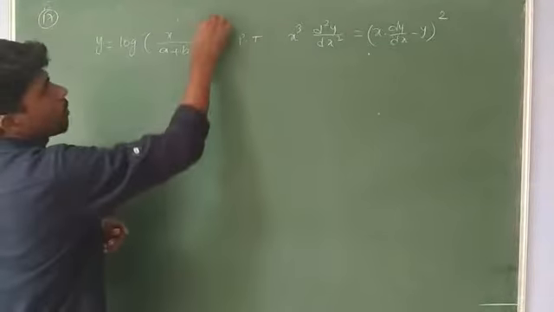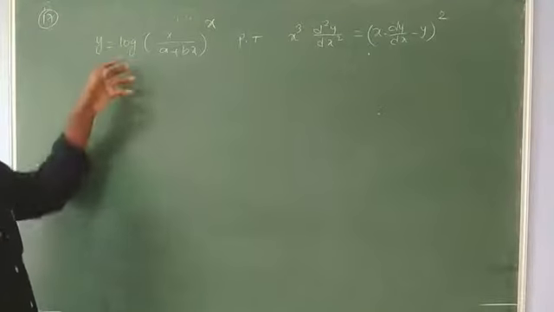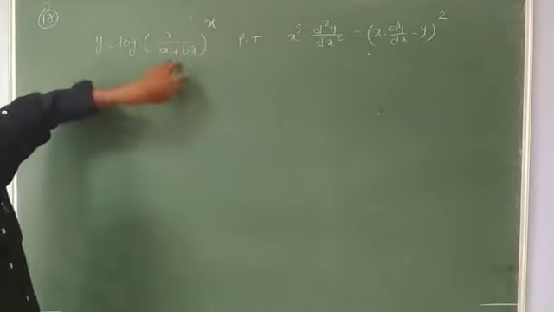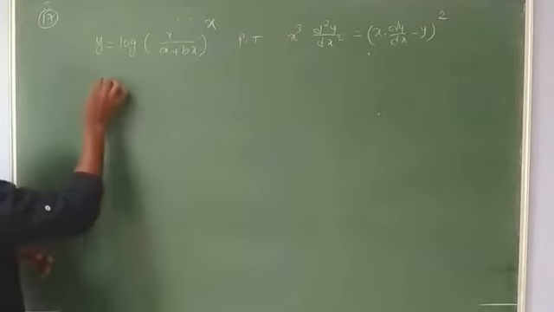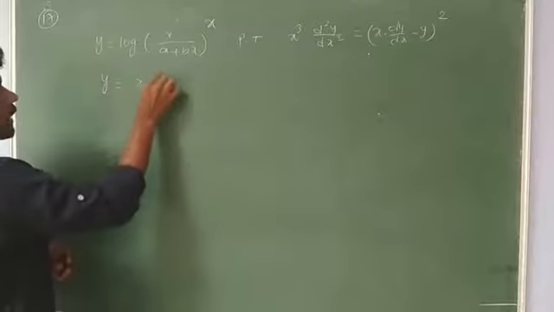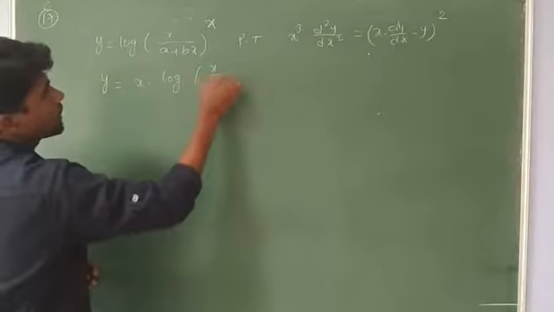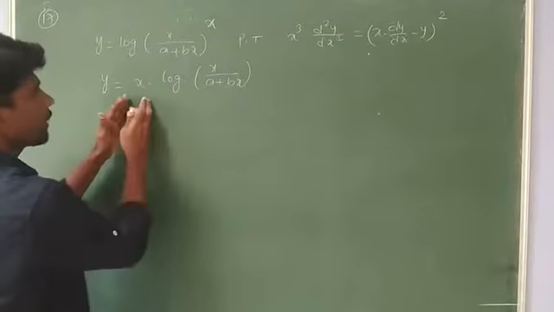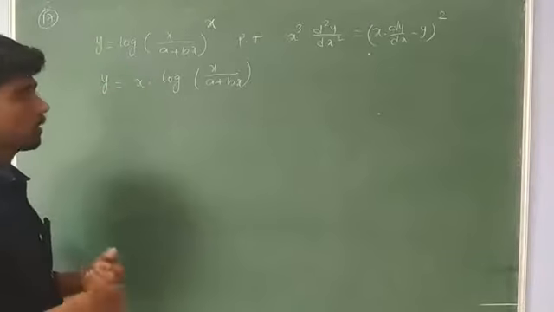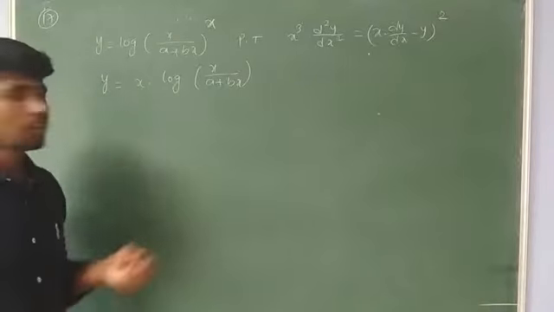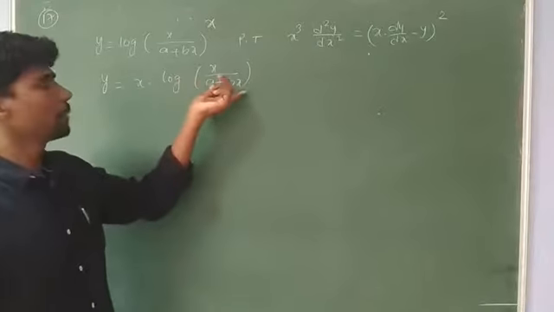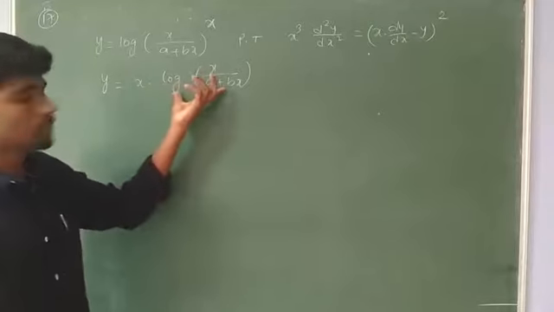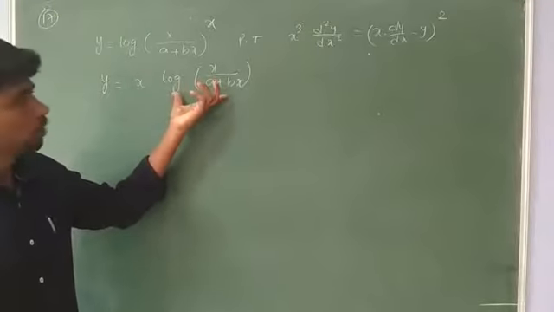So it has the whole to the power of x. According to this, what we have to do is take log of a power x form. So we can rewrite this particular thing as y is equal to x into log of x by a plus bx. So now I have this one like a UV form. Again I cannot attempt to do it as UV form, because x into log of x by a plus bx contains functions in x.